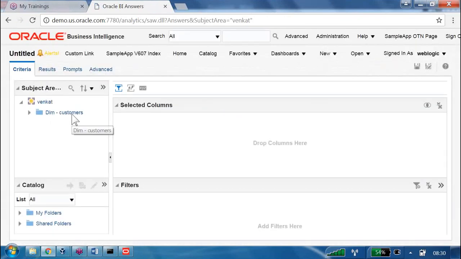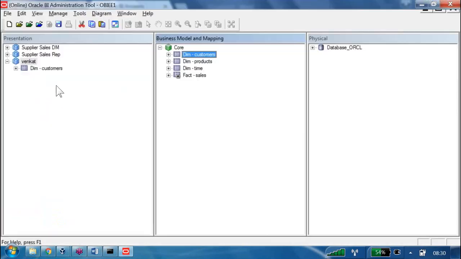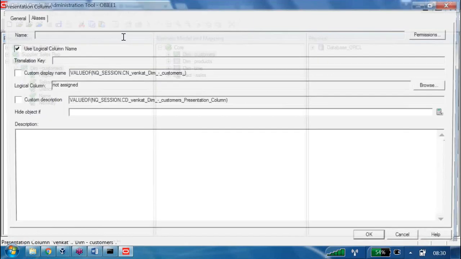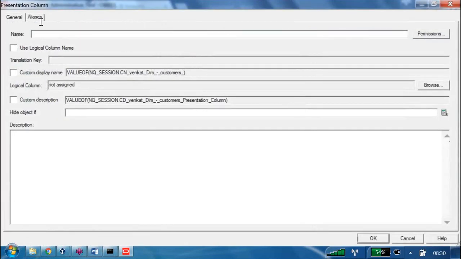Now how many tables are we seeing here? One table, Dim Customers. Suppose inside this one we have columns. These are the columns. Now I am adding one extra column, let us say a presentation column. Suppose I give the name as, let us say, Ram. Some name I am giving.